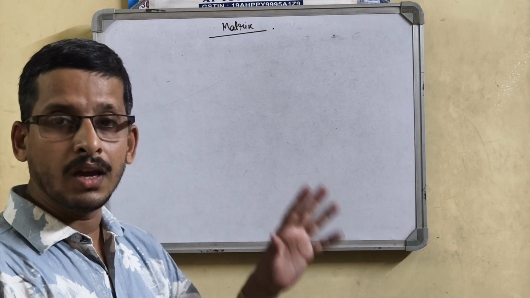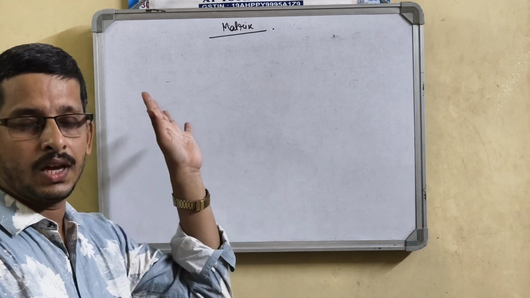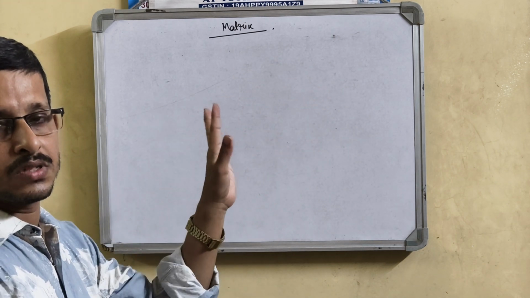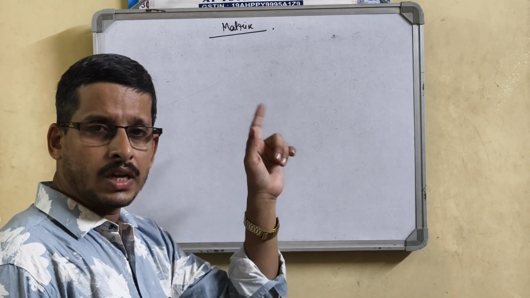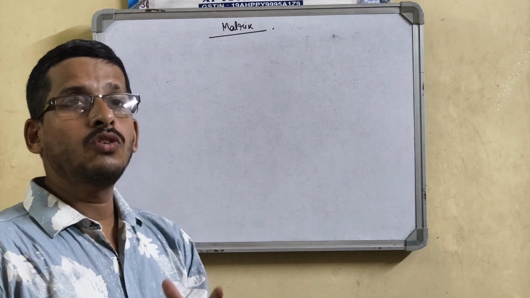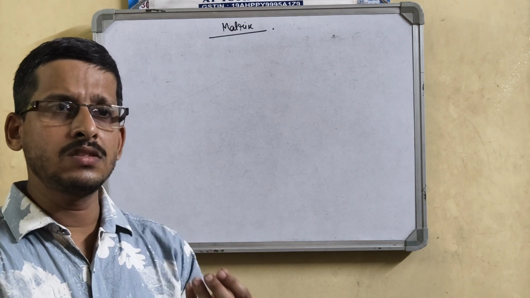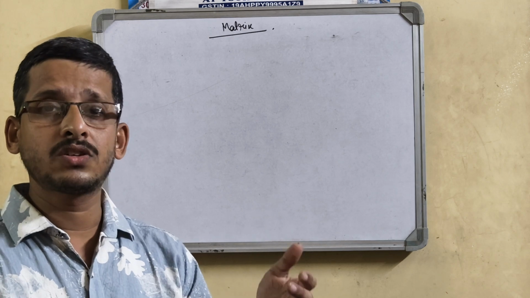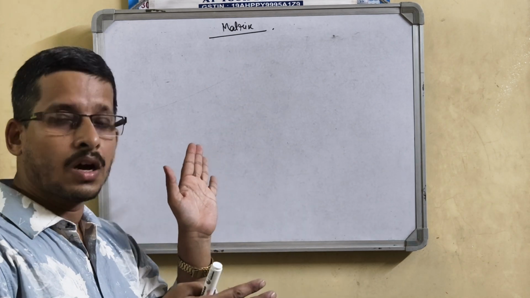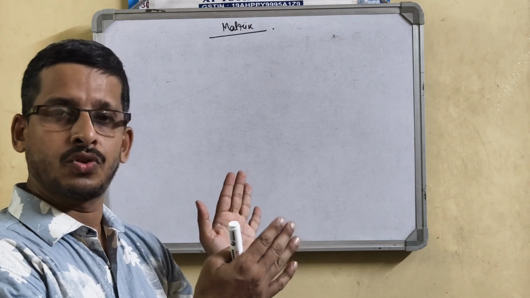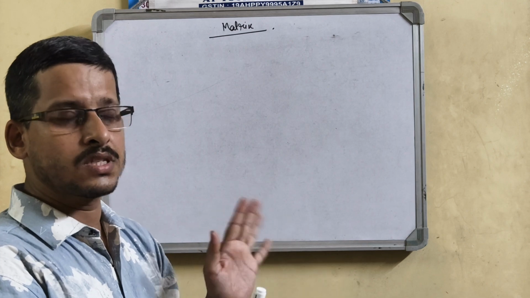A matrix is an array representation of m number of rows and n number of columns. We may represent the matrix as m rows and n columns in an array system. Now we have to make out the meaning of the array system. An array is represented in different ways in different contexts. In a matrix, the array is an arrangement of a number of rows of such elements and an arrangement of a number of columns of such elements.